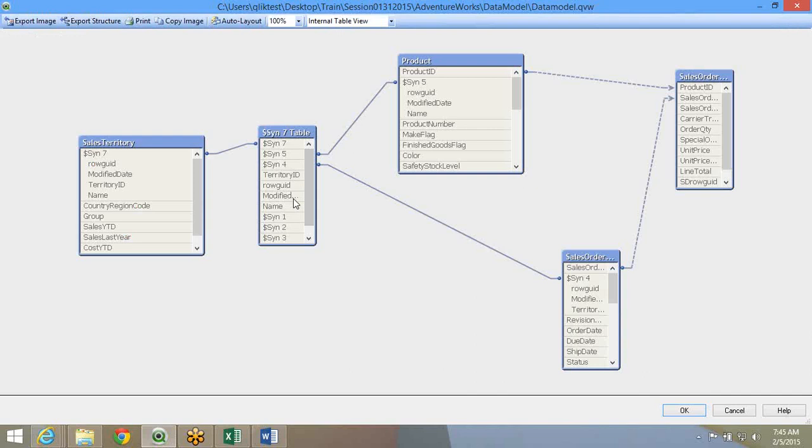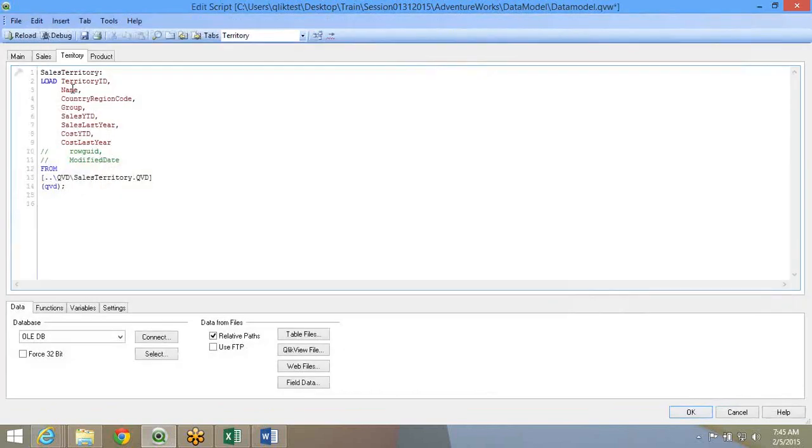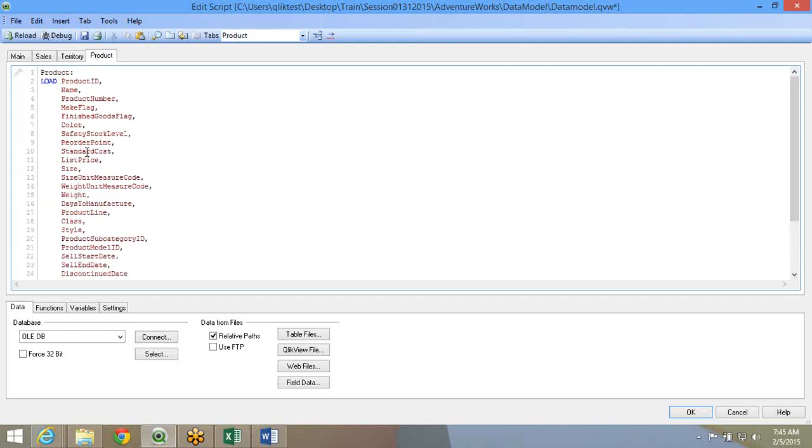Once we have done this, what else? Yeah, name of territory name, right? Name and product name. Both the fields have the same name, it's called name only. So what we'll do is rename that. Over here, we'll take this name as territory name and product name as product name.